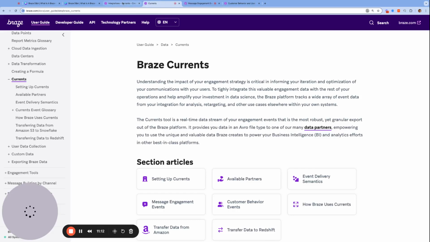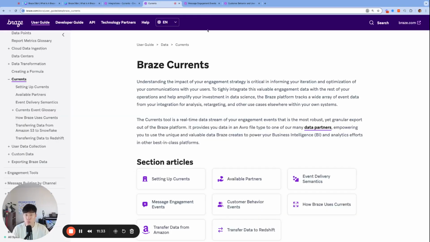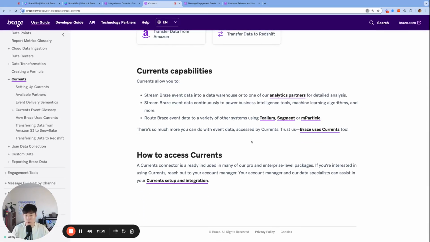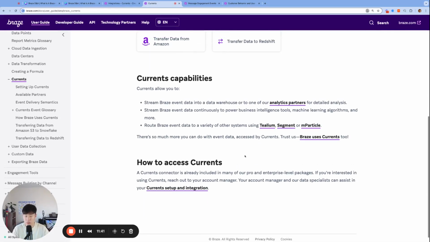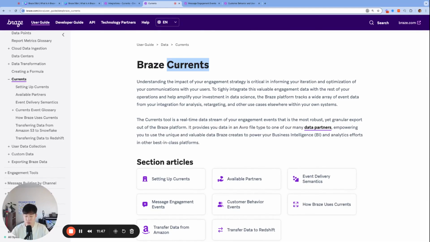And then it looks like back in our current setup, if we do have an entitlement to this customer behavior and user events connector, which I believe is considered more superior or just more valuable data, you have the option to toggle this on and then set up the data that you want as well. We will not be talking about any contractual points in this video, just because we cannot speak on behalf of the Braze sales team. But please reach out to the Braze sales team to inquire about the add-on prices of these connectors. They are very useful, and they can be exactly what you needed in terms of data export from your Braze dashboard to your data